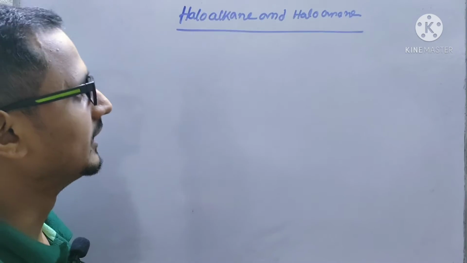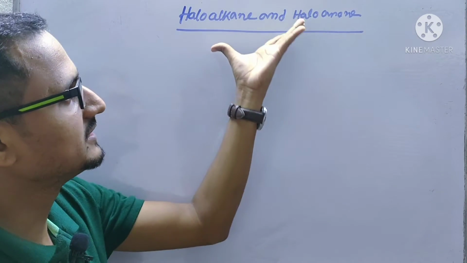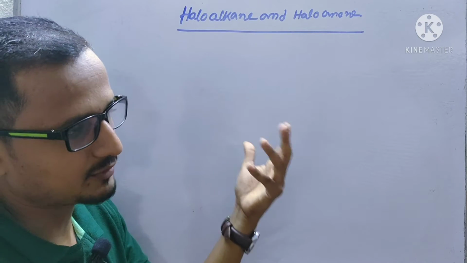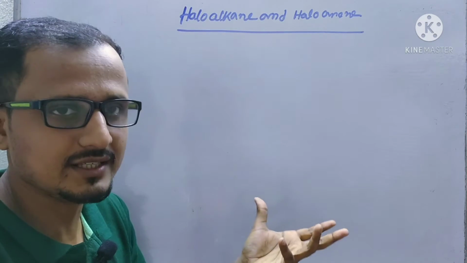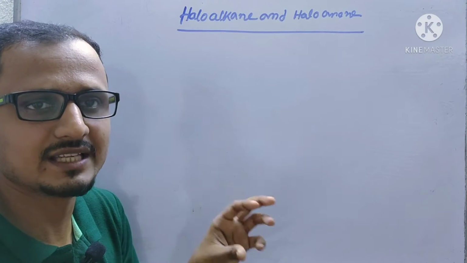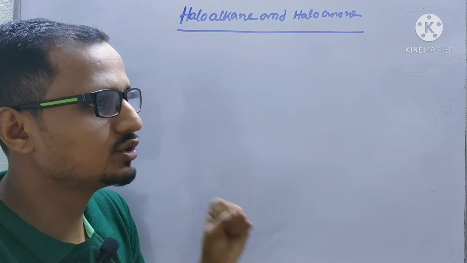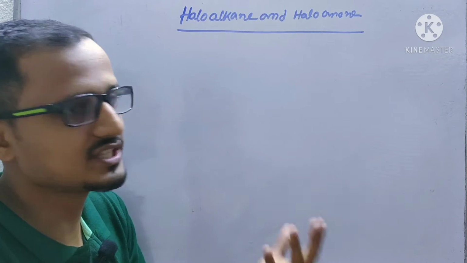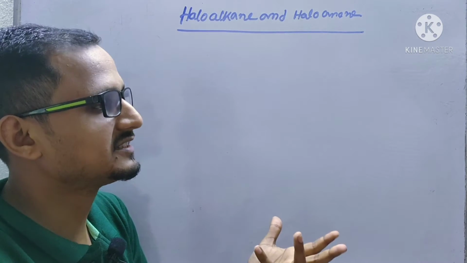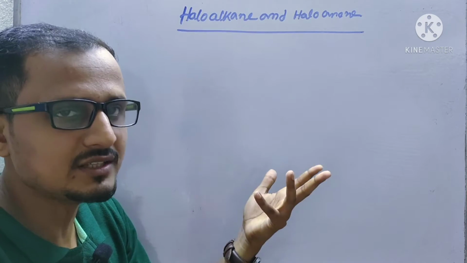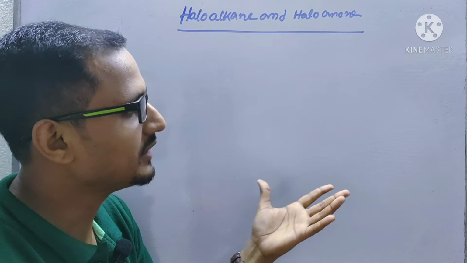Now today we will start again this haloalkane chapter. Now we are discussing the reactions of haloalkane and haloarene, and last day I discussed some name reactions of haloalkane and haloarene. That means the Wurtz-Fittig reaction I have discussed, later the Wurtz reaction. After that the Sandmeyer reaction I have discussed. Those reactions are very important, that one is already discussed. Now again we will start